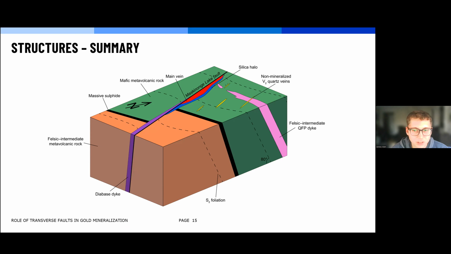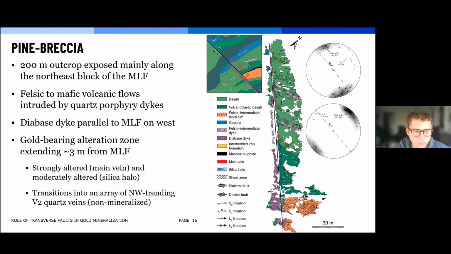And one area where we see all of these events really well is the Pine Breccia outcrop. And this is a 200-meter long outcrop exposed mostly along the northeast block of the Maskinonge Lake Fault. It encompasses a section of a contact between the 2750 million-year-old felsic rocks and 2700 million-year-old mafic rocks in the